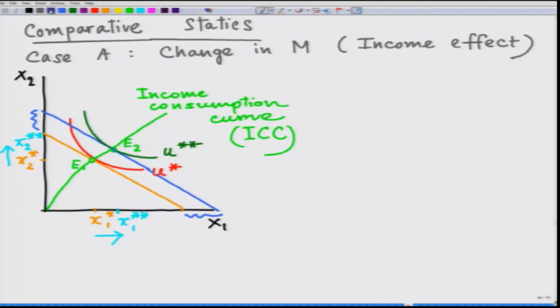The answer is no. Now, to discuss these different cases of responsiveness of commodities 1 and 2 with respect to change in income, let us consider another concept called income elasticity of demand. So, now we are going to introduce this concept of